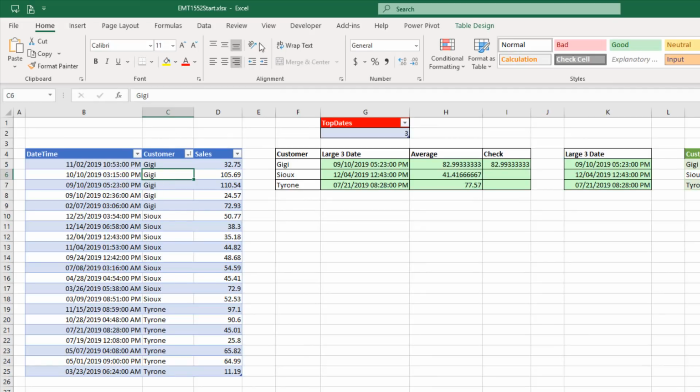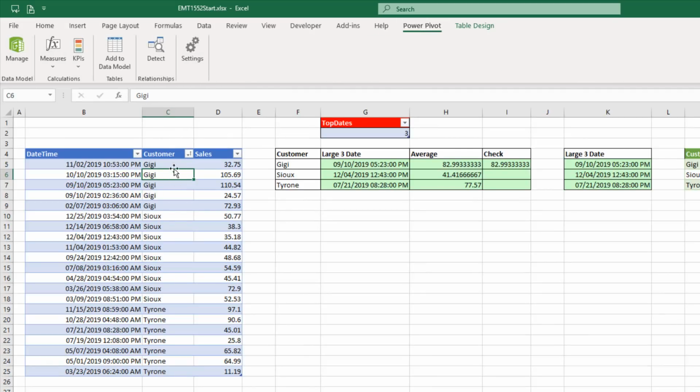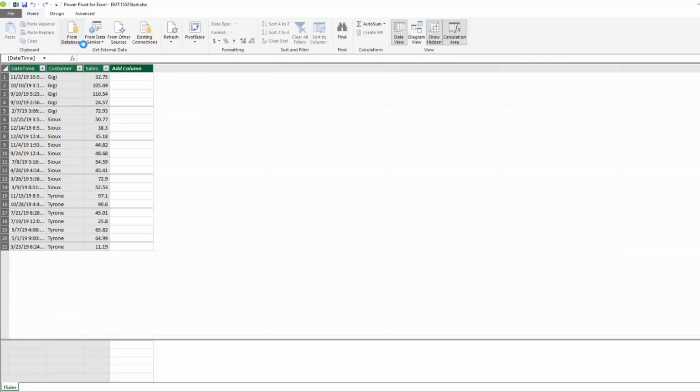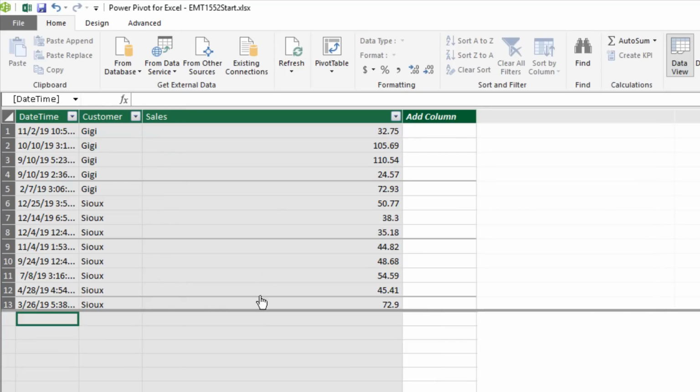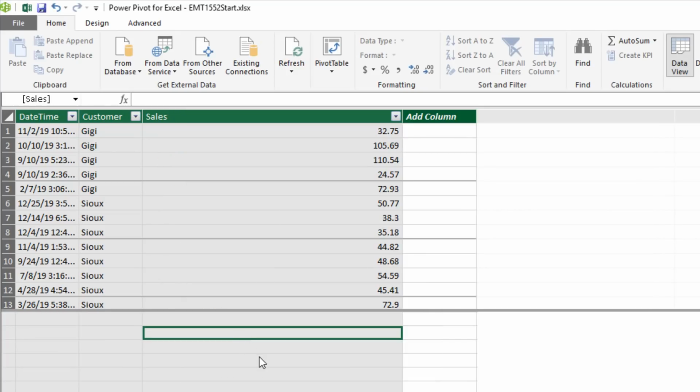Now this is an Excel table. We go to the Power Pivot Ribbon tab. I want to bring this table in to the data model. So Add to the data model. This will allow us to make a pivot table, not a standard pivot table, but a data model pivot table. I'm going to pull the bottom up, expand sales, and down in the measure grid, I'm going to make a